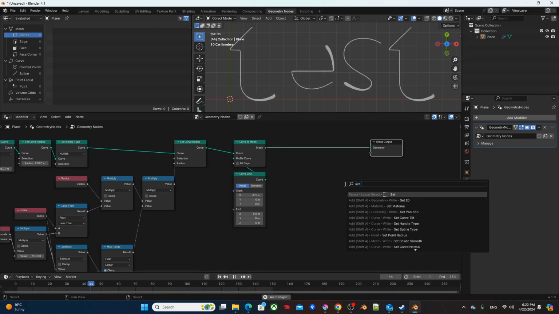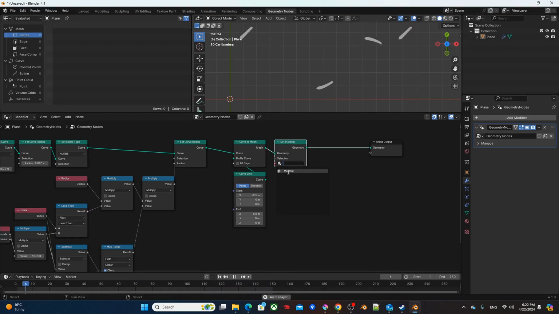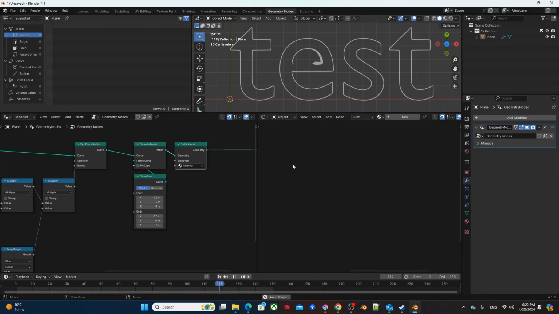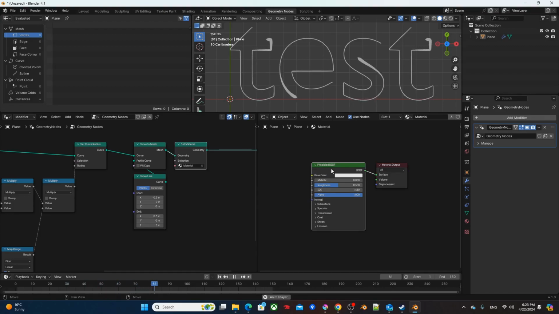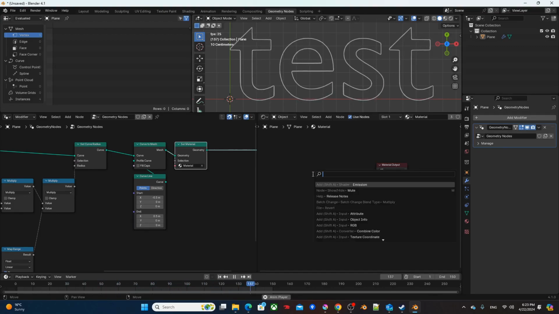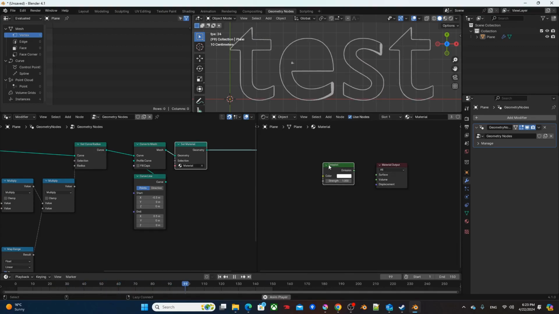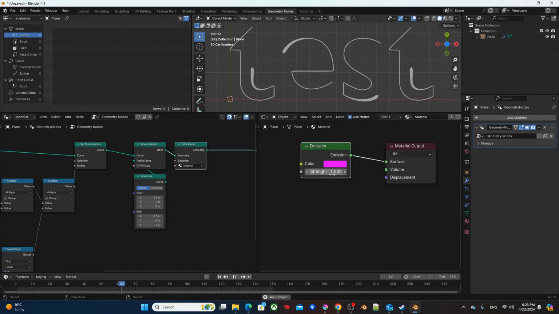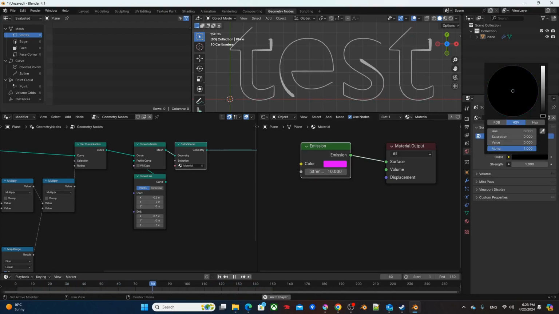So I'm gonna set a material right here. I'm going to pull out a shader editor, select the default material, delete the Principled BSDF, add an Emission, connect it up. I'm going to select the purplish color, choose whatever you like, change the strength to 10, go into the World tab, change the background color to black,